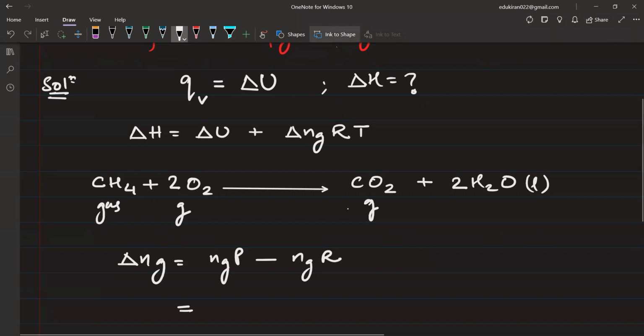How many moles of gas are there in the product? Aisha, tell me. Aisha, turn your mic on. Aisha, please turn your mic on. Aisha, am I audible? देखिए आप लोग जवाब नहीं दीजिएगा, है ना? आयशा,